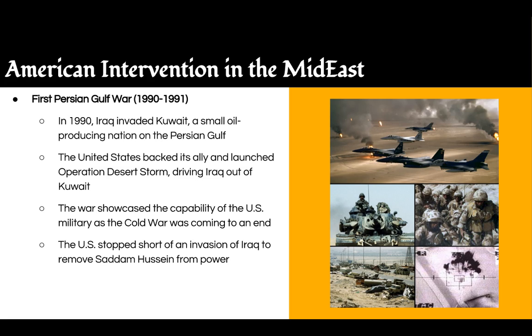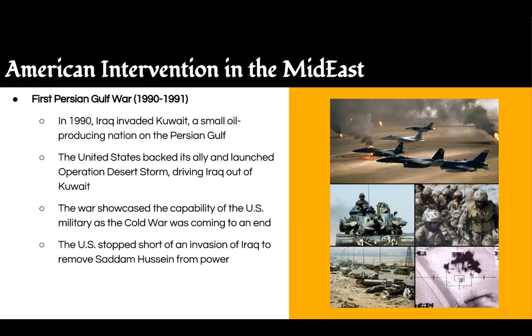American intervention in the Middle East wasn't just limited to weapons. In 1990, the United States launches a war against Iraq. And this was in response to Iraq's invasion of the small Persian Gulf nation of Kuwait, a small oil-producing nation. And they had invaded to take over the oil fields there. The United States decided to back Kuwait, and so they launched Operation Desert Storm, basically a highly advanced military operation